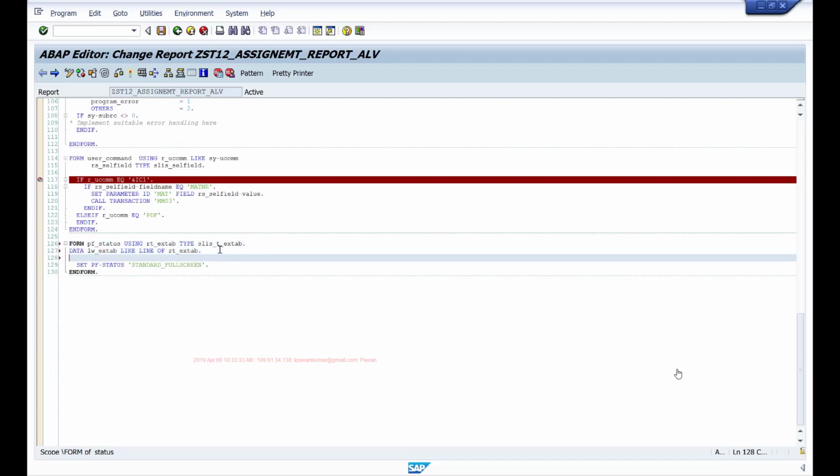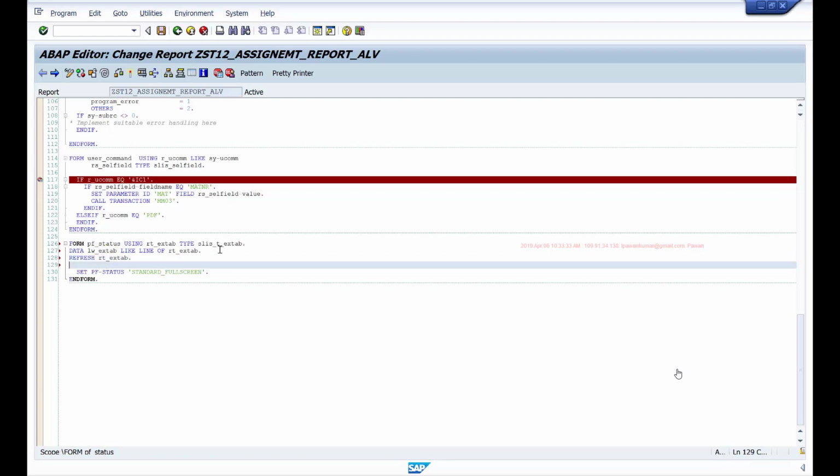Then I'll say refresh rtxtab. I'm just clearing if that rtxtab has some function codes. I'm just refreshing everything.